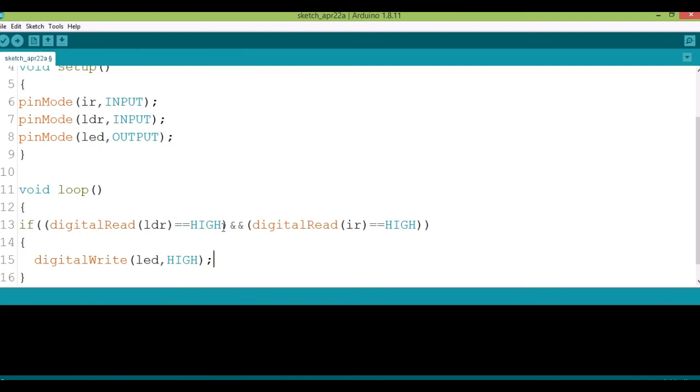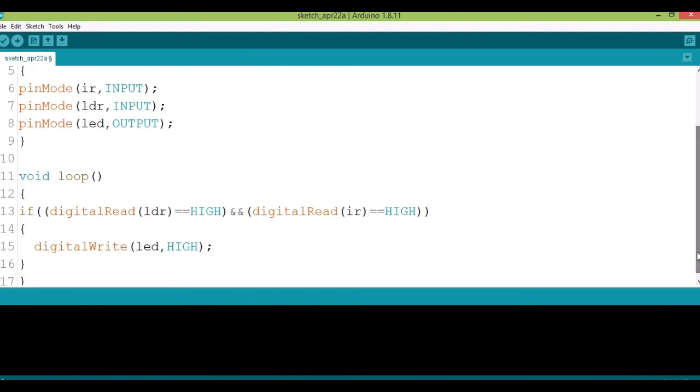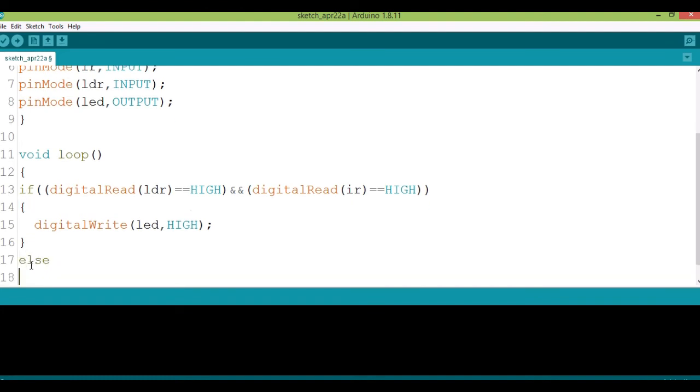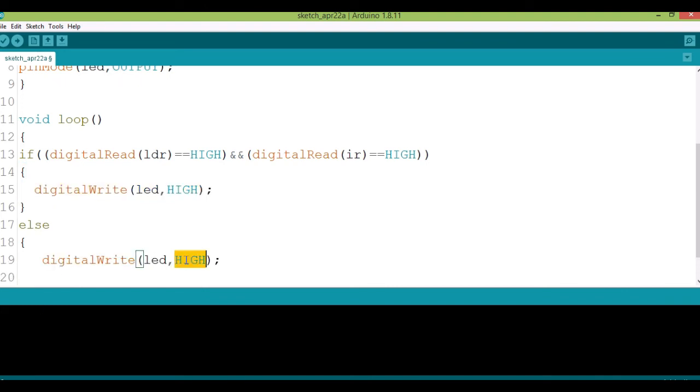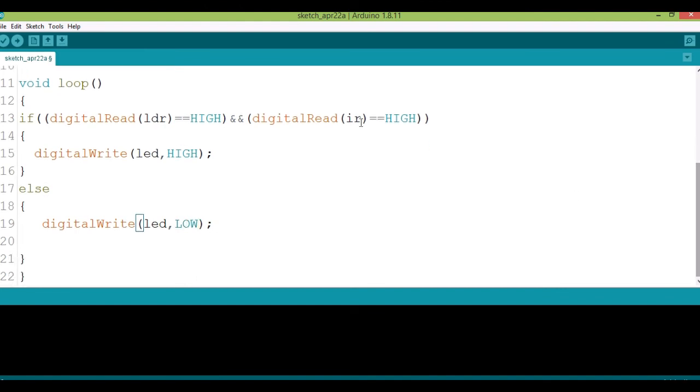So now if both the sensors are high, that is, if it's dark and then the vehicle is coming, then only the light should be on, else the light should be switched off. You can copy this, paste it over here, and you can convert it to low. Is that clear? So now if both the sensors are high, only LED will be on, else the LED will be switched off. So this is the simple program for the Arduino Smart Street Light project.